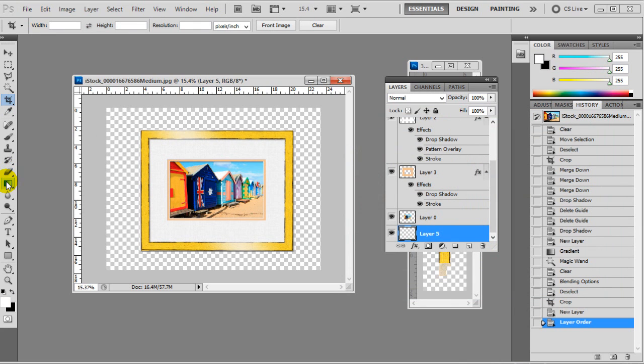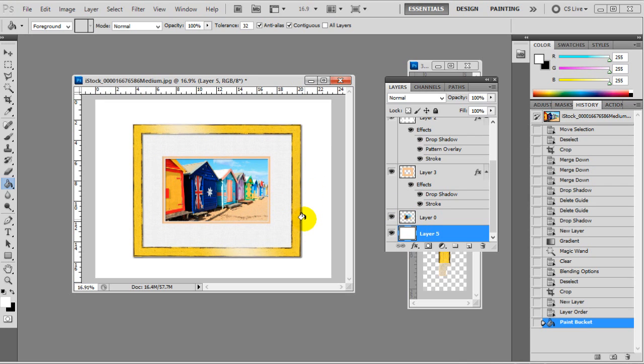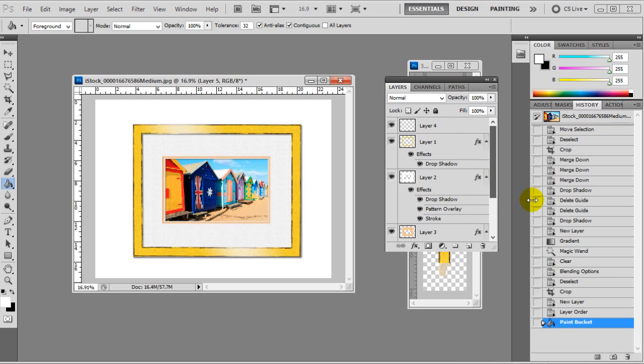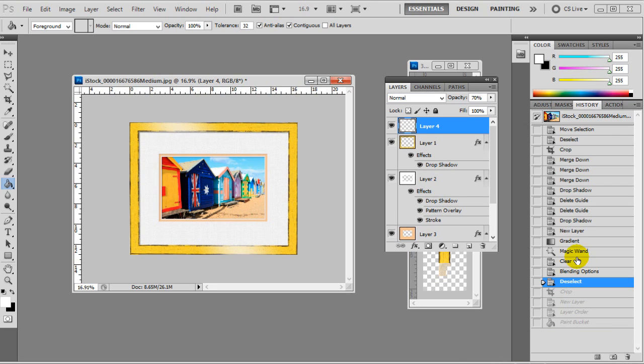And then use the right click paint bucket tool and then drop this in the background, and there you can see we have our background image there. And so what we want to do is actually create an extra drop shadow for that outside edge here. Now in order to do that we need to go back a few steps actually. That's where I love Photoshop, because we can go back in time. Let's go back to here,